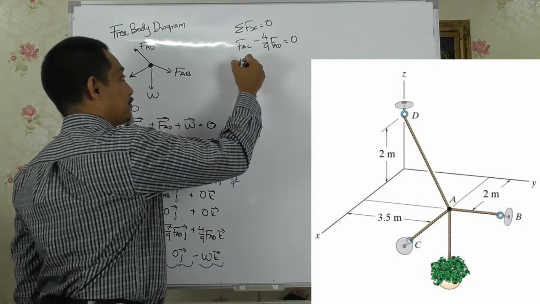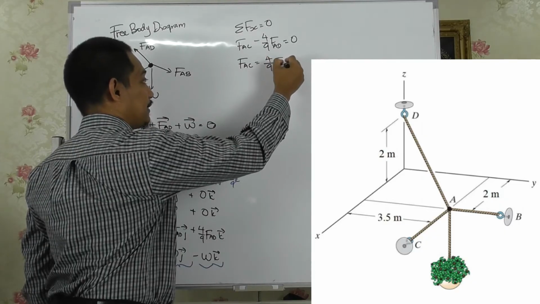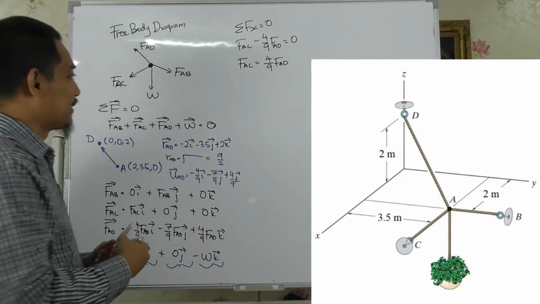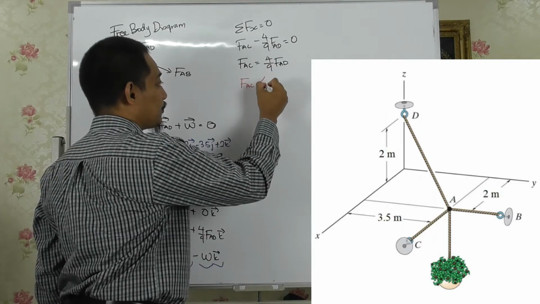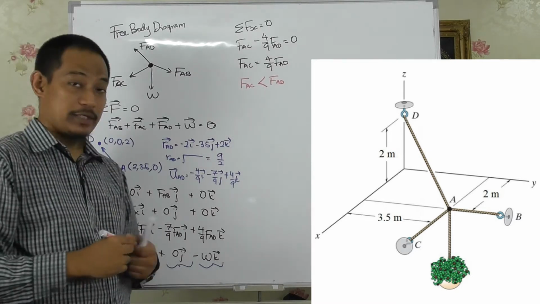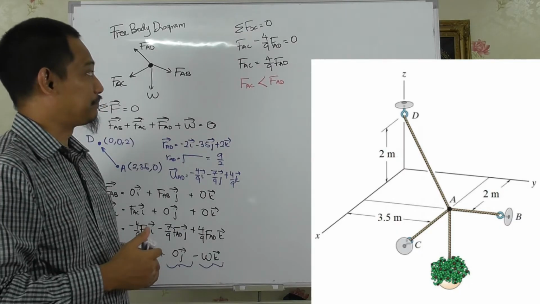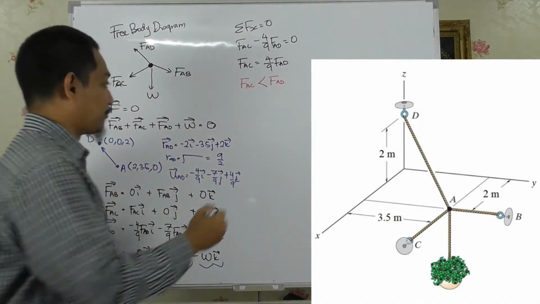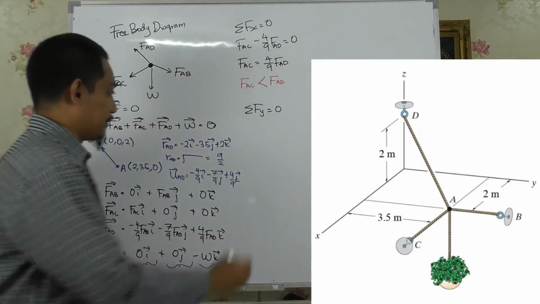So basically FAC equals 4 over 9 FAD, right? From here we can determine that FAC is smaller than FAD, because if FAD is 1, let's say FAD is 1, FAC becomes 4 over 9, which is less than 1. Alright, so if you do summation of Fy equal to 0, you will have FAB